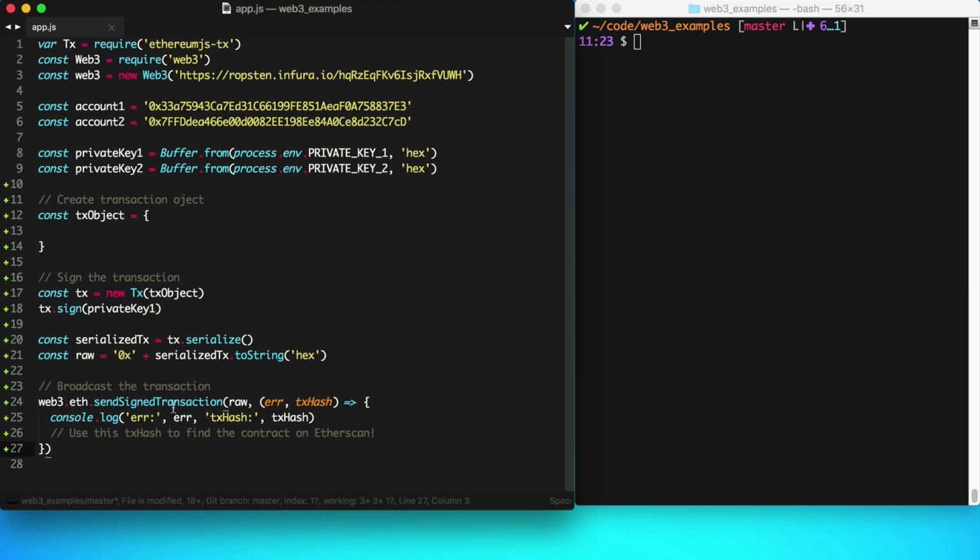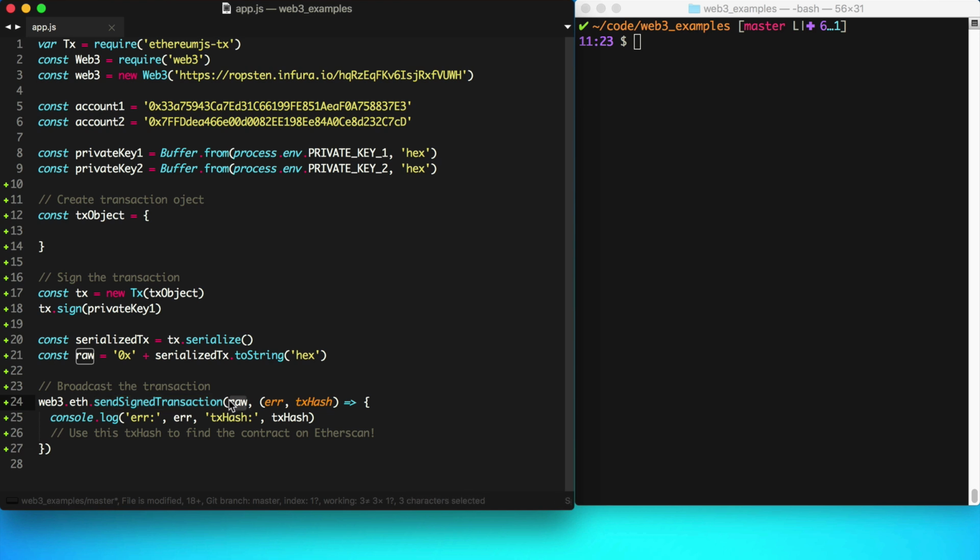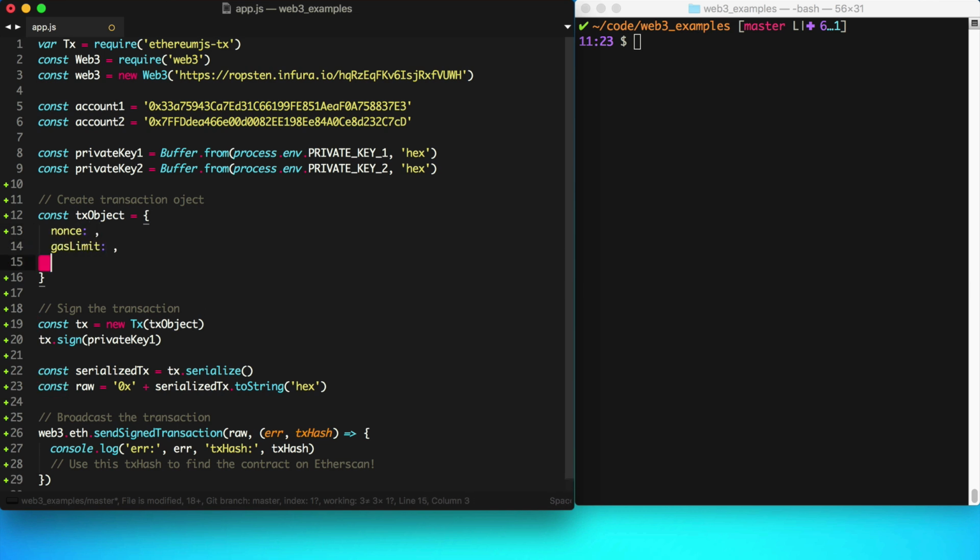So we'll start backwards. This is the Web3 library. This is just sending a signed transaction. So we need a raw signed transaction. And that's what we built here. This is basically going to convert this transaction object that we're going to build into a raw transaction. It signs the transaction first and then serializes it to a raw signed transaction, and then it's going to get broadcast whenever we send the signed transaction with Web3. So there's a few values that we need here. We need the nonce, and the gas limit, and the gas price,